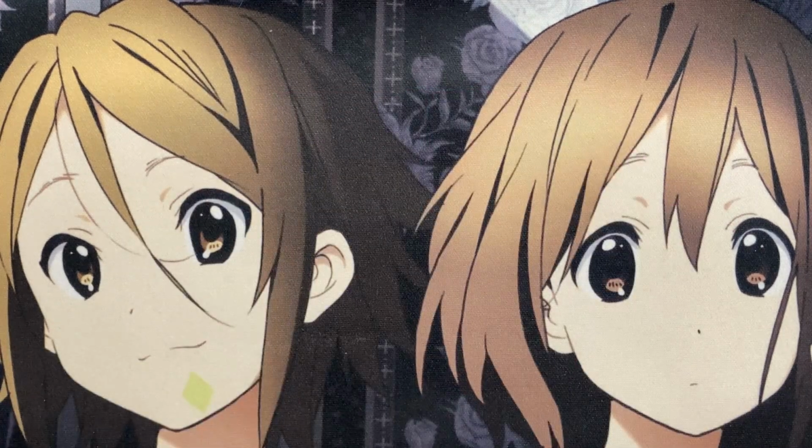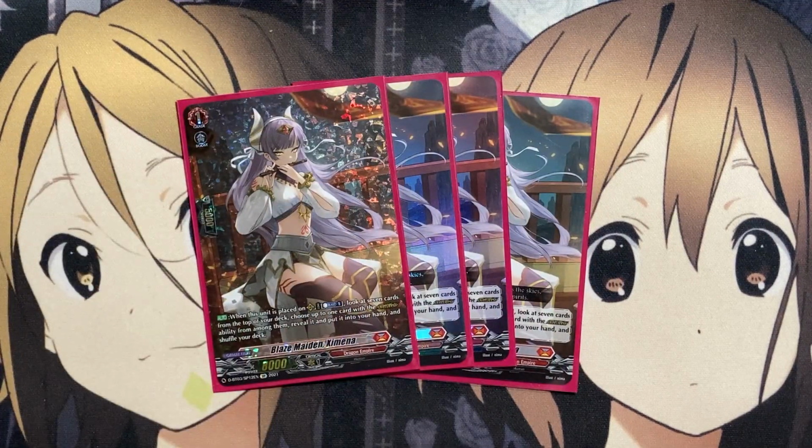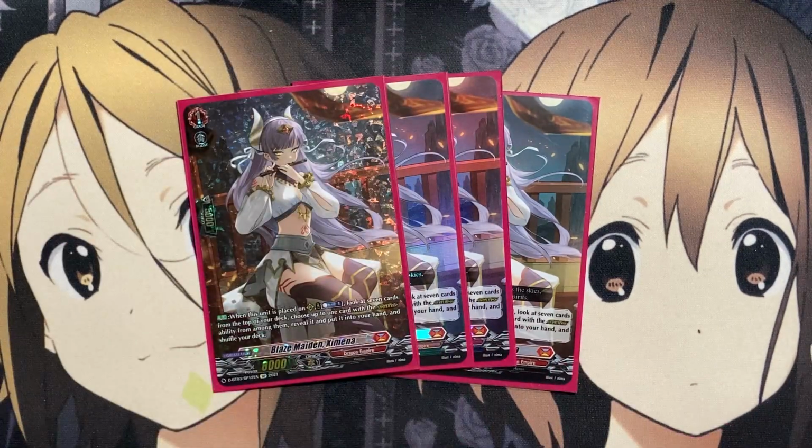Now, with Asperidea being a big part of the power for the rearguards, I'm running 4 copies of Blaze Maiden Zemena. When this unit's placed on rearguard, counterblast 1, look at 7 cards on the top of your deck, choose up to 1 card with Overdress from among them, reveal it, put it into your hand, and shuffle your deck. So this is just a searcher for you to add Asperidea to your hand that much more quickly, and you